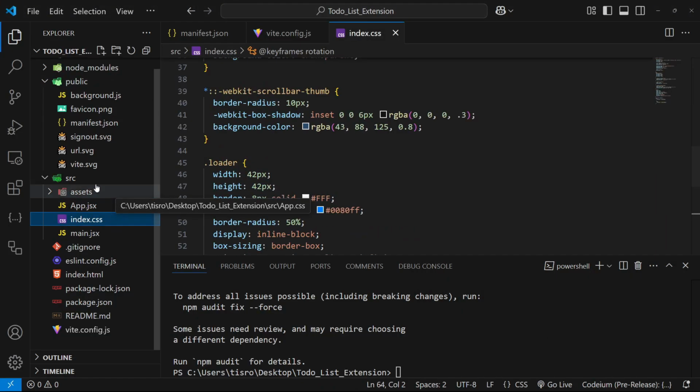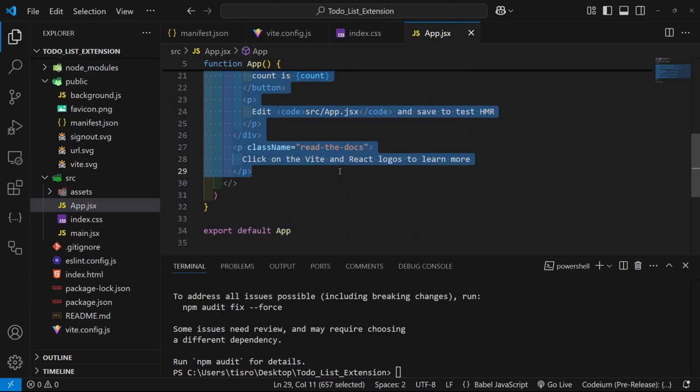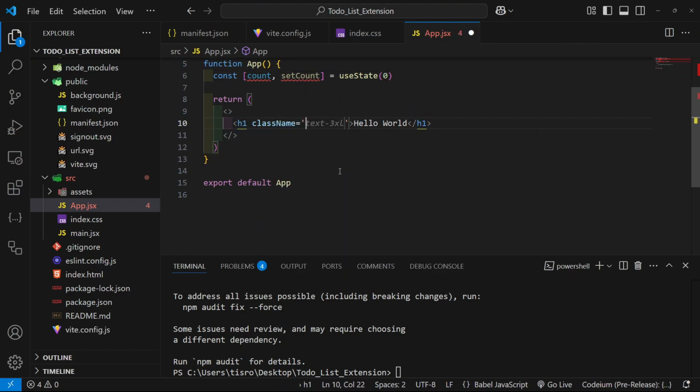And of course, we can remove the app.css file, go to the app.jsx file, remove that. And just to make sure that everything works, let's remove this real quick. Create an h1. I'm just going to say hello world. And here we're going to have a className of text-3xl. And then let's also add font-bold and underline just to make sure that everything works. And here we can run npm run build, or instead of build, let's just run npm run dev, which also